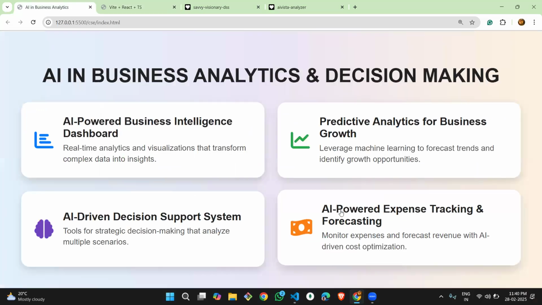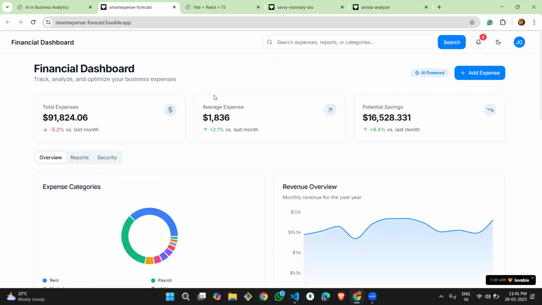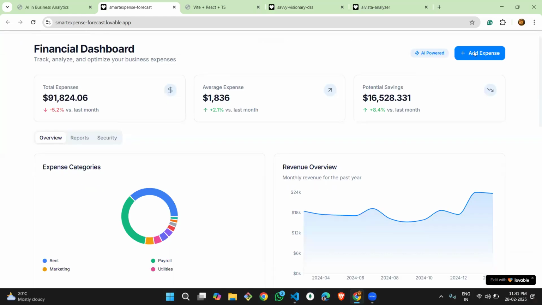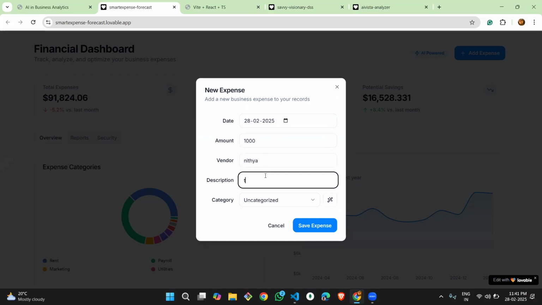And the last feature, expense tracking and forecasting. This is the basic feature where, for a profitable business, we will have less expense and more profit. All expenses are here, and average expense and savings. We can add expenses by clicking here, and entering the amount of expense, the vendor name, and a brief description like